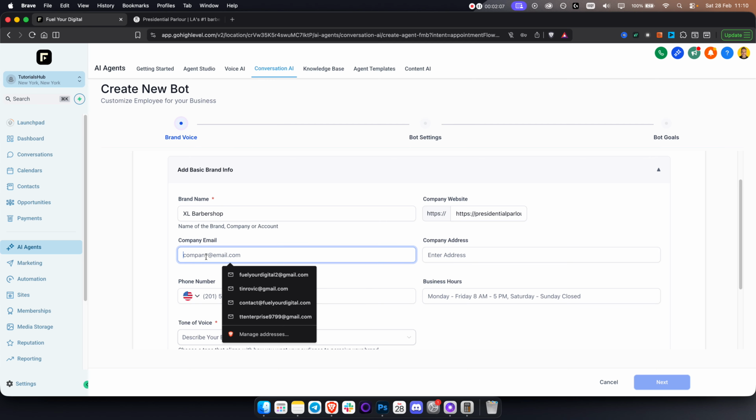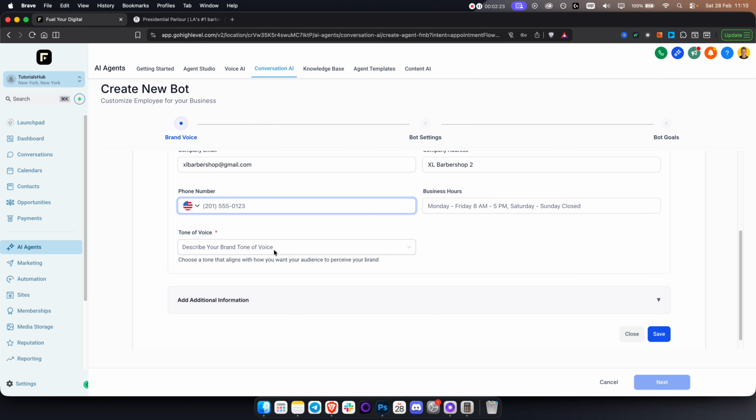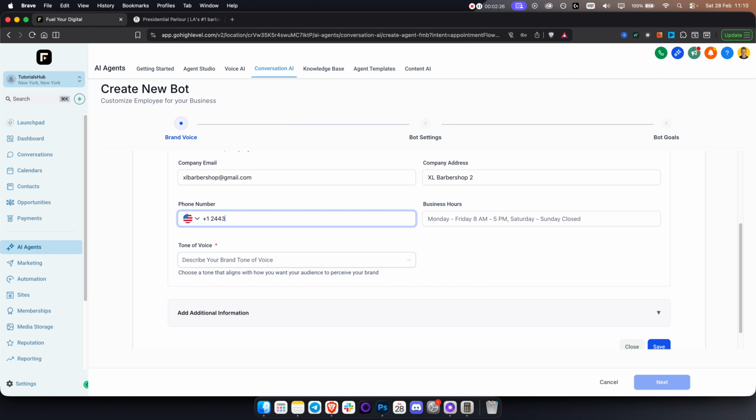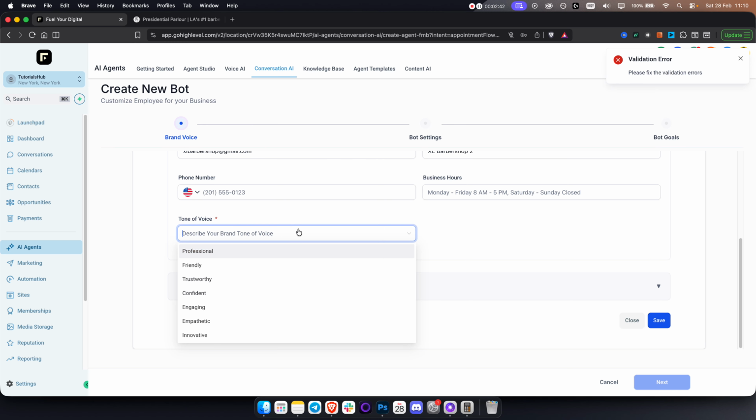You have company email, which again is going to be excelbarbershop@gmail.com. You have company address, which you can add right here. Whatever the address is, Excel Barbershop 2. The phone number, make sure to add that in here. So this is just a brand voice, so I'll just add a random number right here. But you make sure you add the correct number, okay? So it should be like that. Then we have, okay, I guess I can't really add the phone number, which is good. You can, okay, so you can actually do it without,